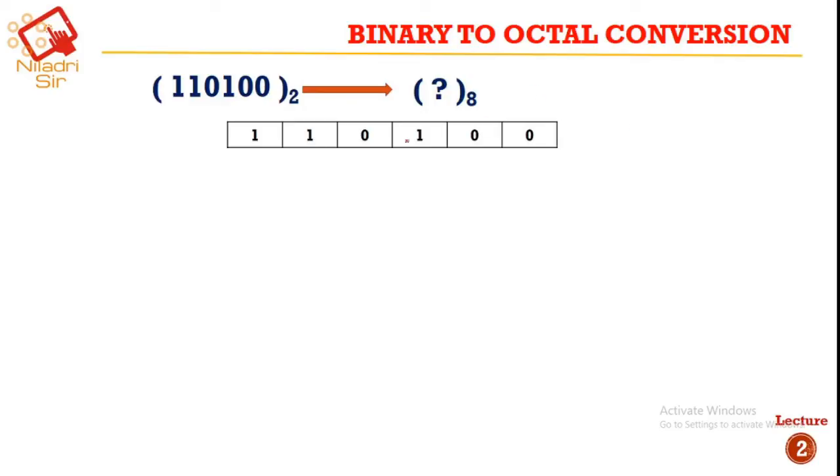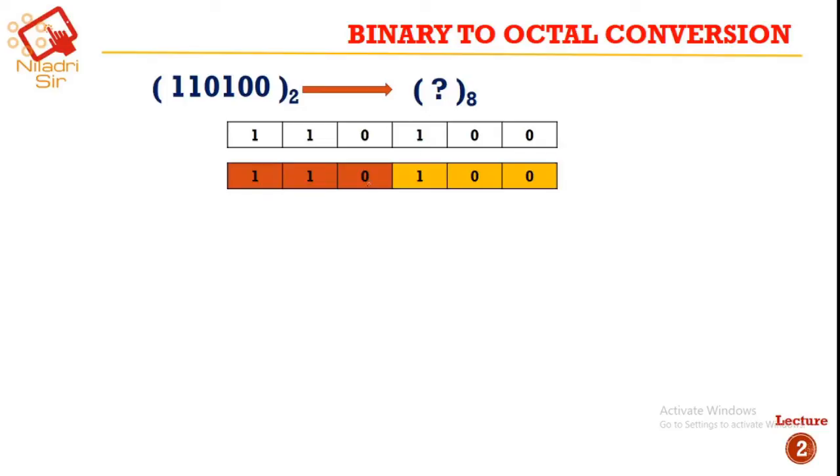So we will write the numbers like this. Next, we will group the numbers, using 3 digits from the right-hand side. So 001 will be a group, and 011. These are the two groups. I have marked them using color. This is a group of 3 digits, and this is another group of 3 digits.